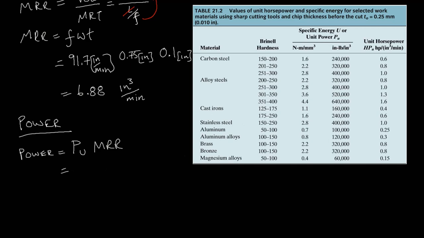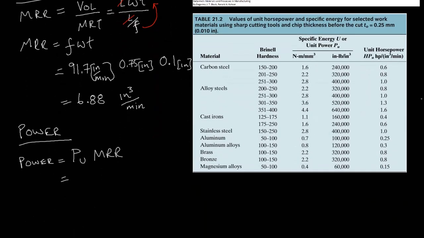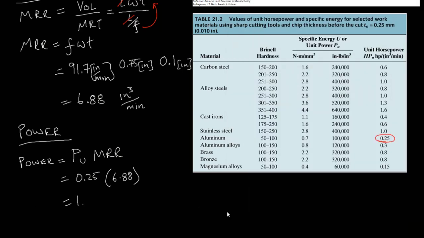So we have this table over here, and I've created a kind of a worksheet where you can see these tables for milling, and you can use these tables to practice solving your own equations. So aluminum with a 95 Brinell hardness is a unit horsepower of around 0.25 horsepower per inch cubed per minute. So this is going to be 0.25 times 6.88. All right, 6.88 times 0.25. Wow, okay, so we need 1.72